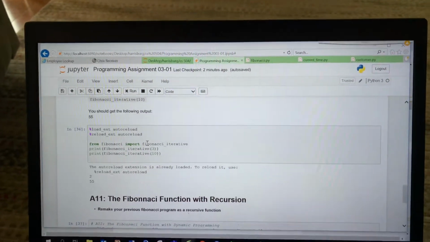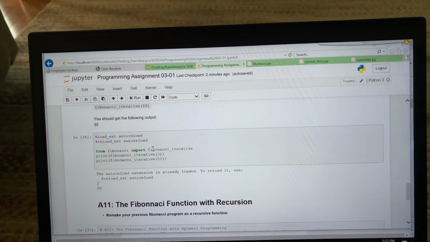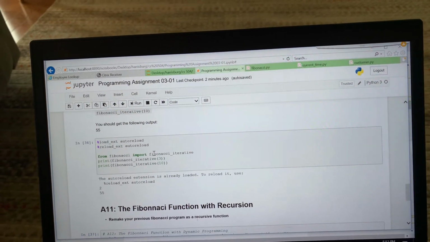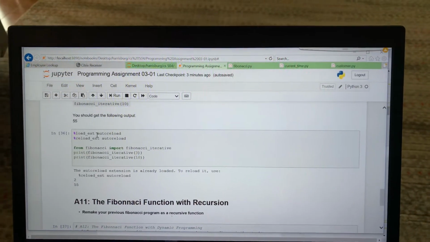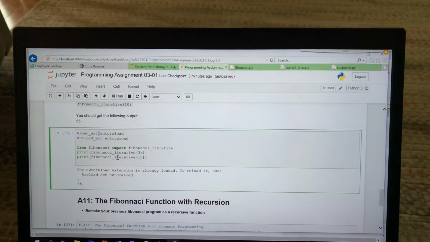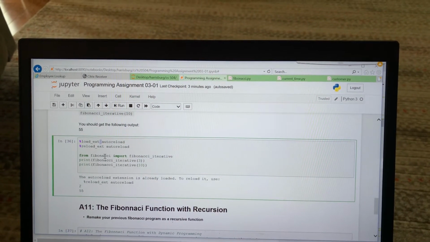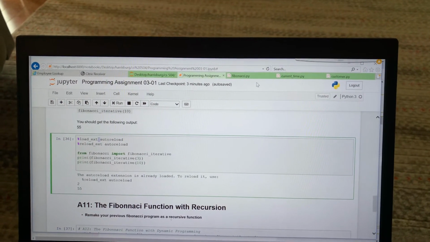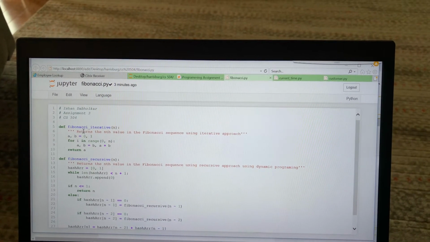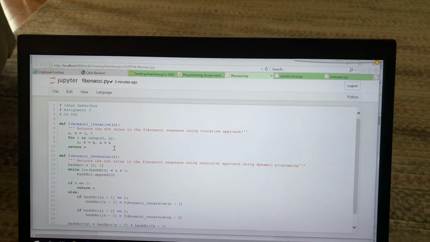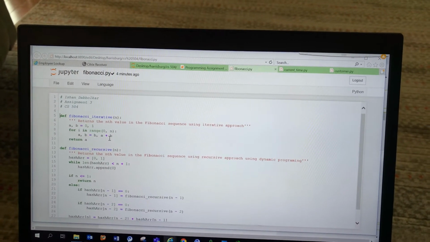Just to force the Jupyter notebook to reload every argument, we have this magic function called autoreload and the load_ext extension, which I'm setting as true using these 2 lines in cell number 36. I have this Fibonacci library, which is right here. I have Fibonacci.py, in which I have 2 functions, Fibonacci iterative, which just iterates in the given range from 0 to n and does the Fibonacci arithmetic.